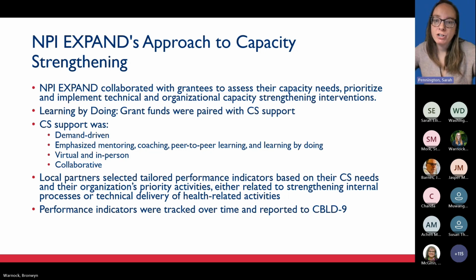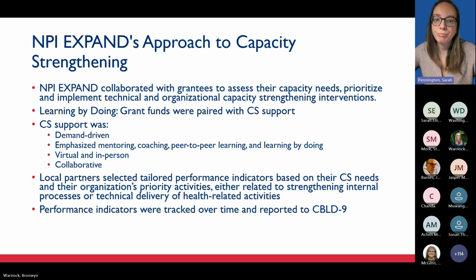The organizations largely prioritized organizational capacity strengthening rather than technical areas, choosing to work on improving their administrative, IT, grants management, financial management, and strategic planning systems. Many focused on resource mobilization, while some also looked at board development, human resources strengthening, knowledge management, communication skills, and M&E and data quality and use for decision-making. A few did request support in strengthening the technical delivery of their programs, for example, in family planning or social